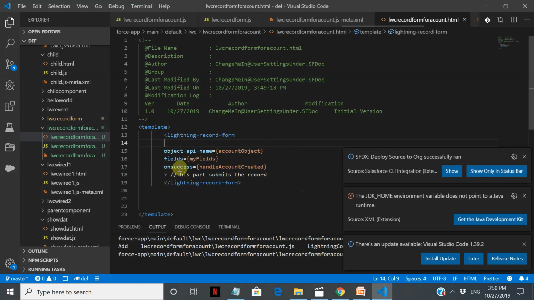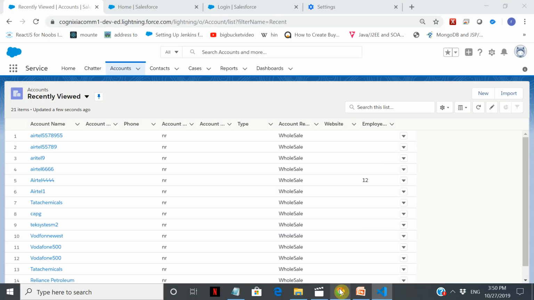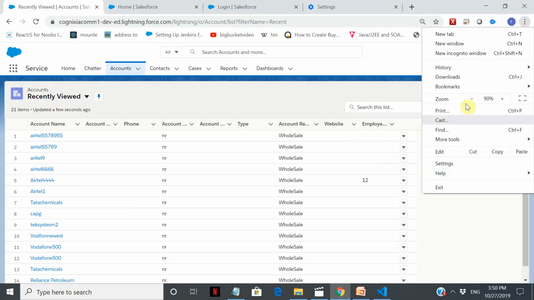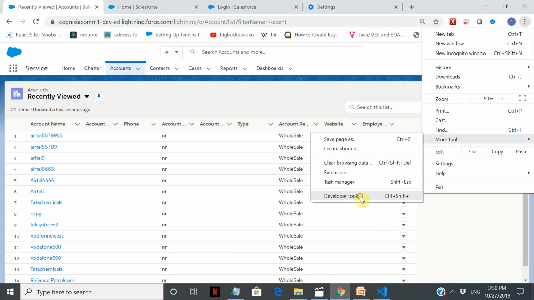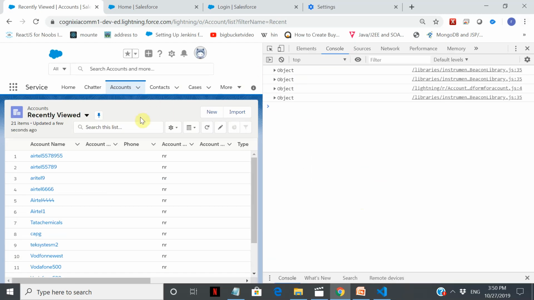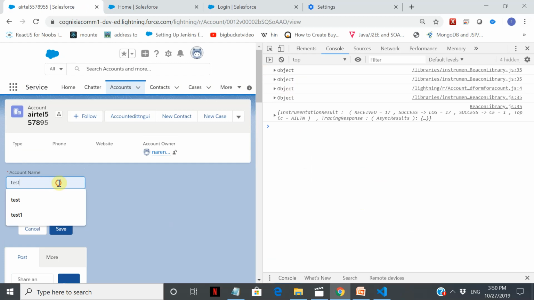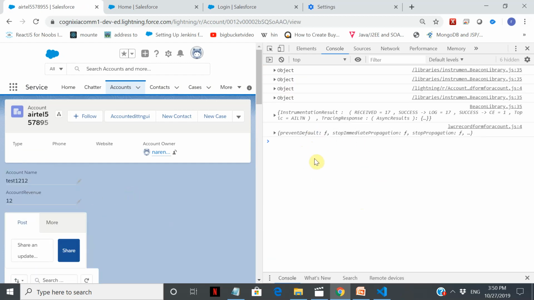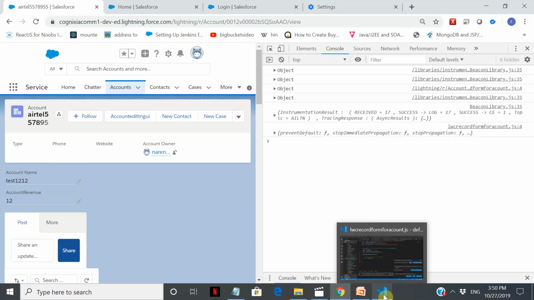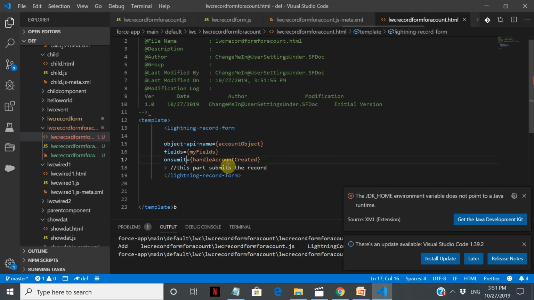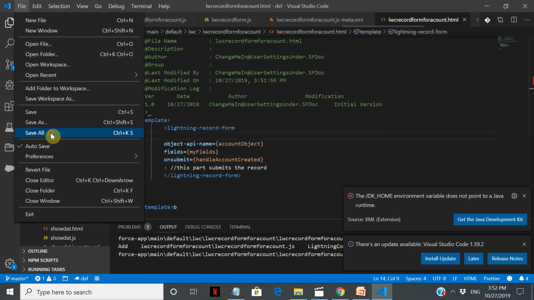Now let's see if you go here and make a change. We have not consoled that log here. Console log handle account created. This one is not firing as expected. So let us look at that part. So basically it should print the value of that. So we're going to save this and deploy it to